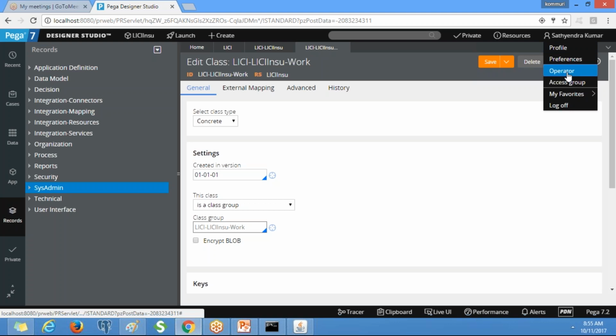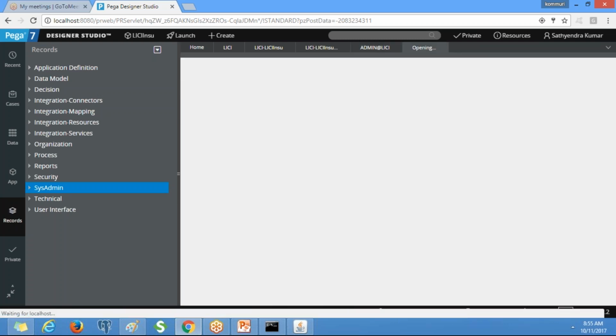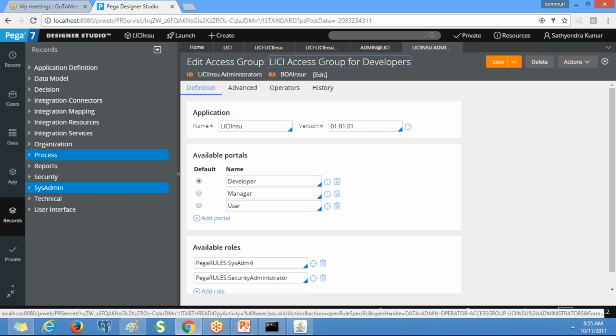We have defined the access group under the operator profile, right? If you want to open your operator profile, you can open it from here, and open the access group like this. Otherwise, directly, the access group is available under the security category.